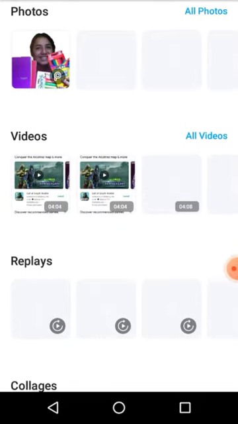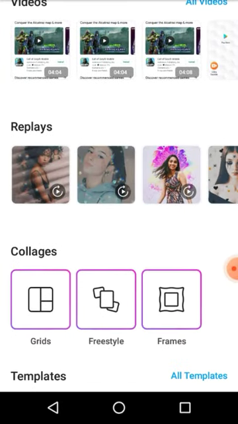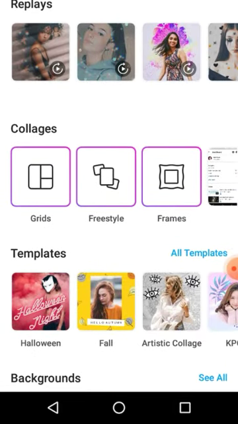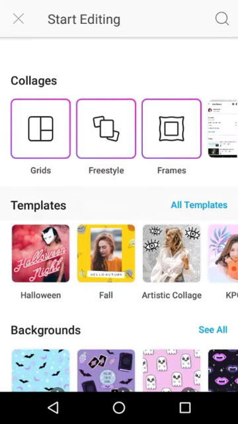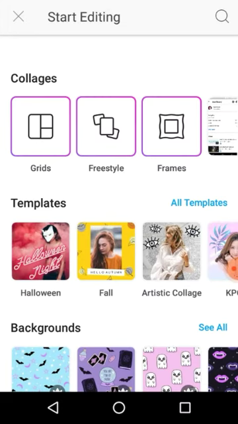So I have my photos here and all those videos. Let's see. So we're going to go to, there's any kind of template, or you can create a collage. Freestyle, which is like you create it from scratch pretty much. There's any kind of background. Right now it's Halloween theme, but I'm going to go down